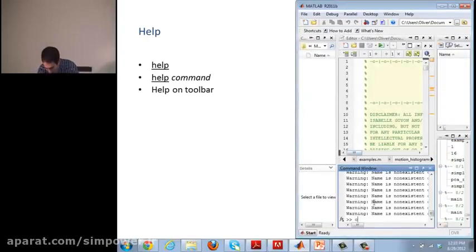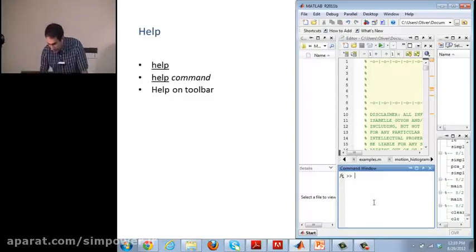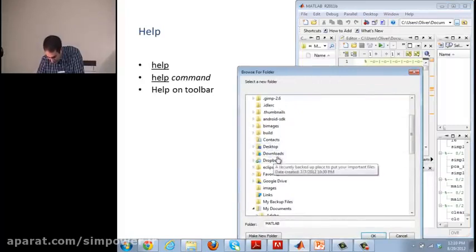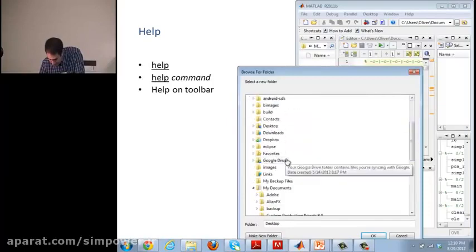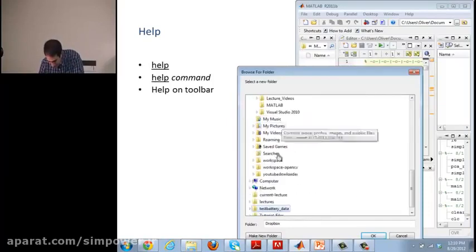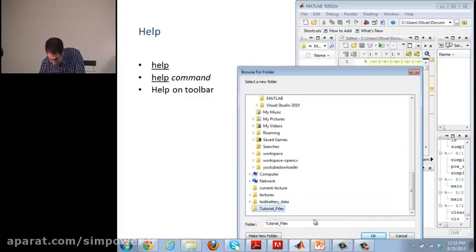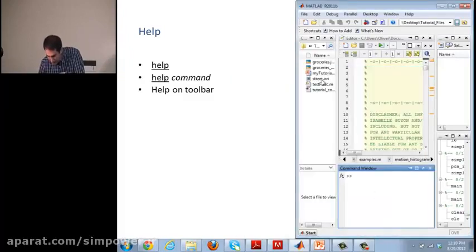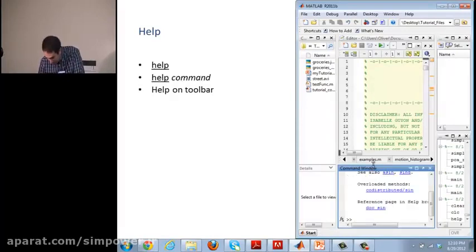So this is Matlab. Let me change this directory to my directory, the tutorial files. So now you see there are some files here. This is my current directory. You can just write the help command in Matlab for any operation. Let's say you don't know how to use the sine operation. So you just write help sin, for example, and